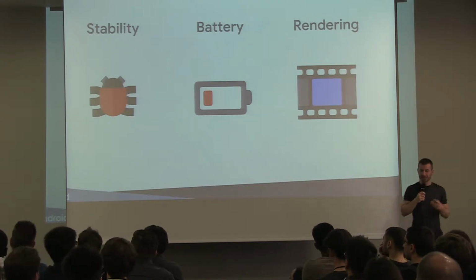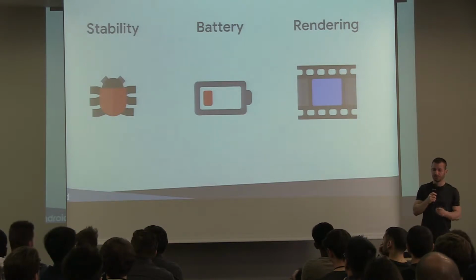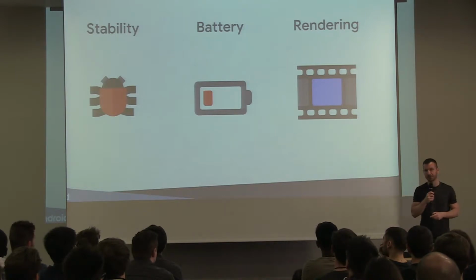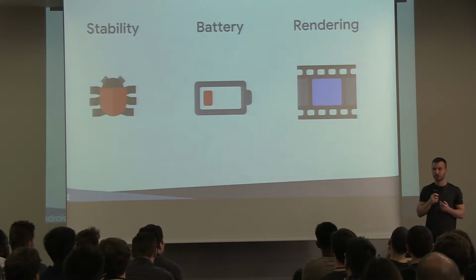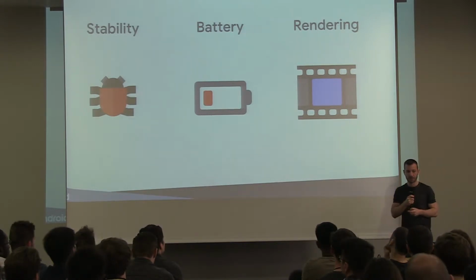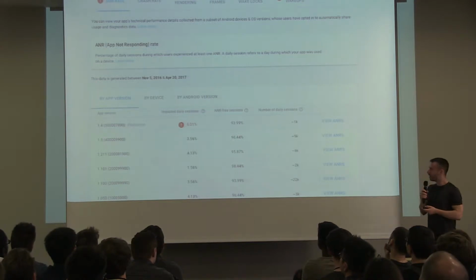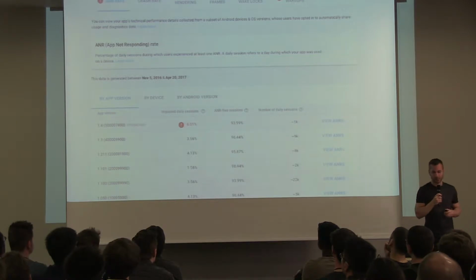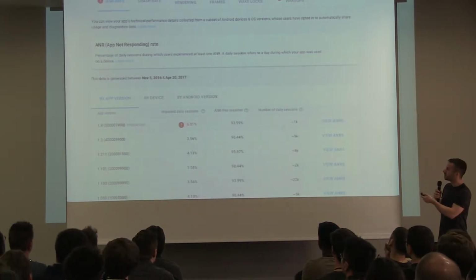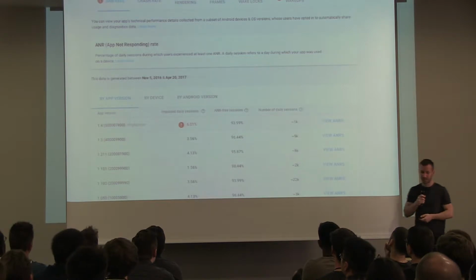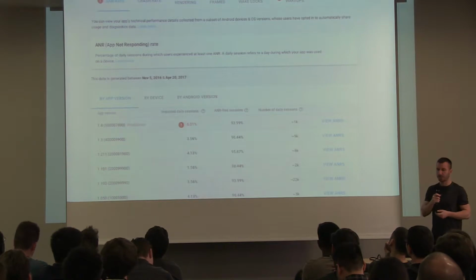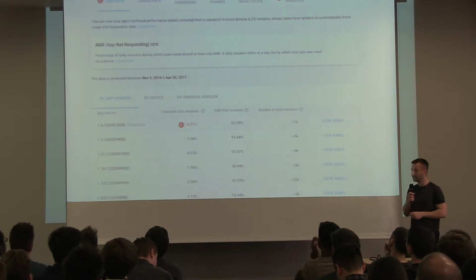Because this is such a huge topic, I'm mostly going to focus on the first two, stability and battery, in this talk. There are so many resources about rendering and debugging your UI out there that I'm just going to literally point you to some tools that you have. This is more or less, like a mock-up, how the Android Vitals section looks. At the top you might see there are these tabs with all the behaviors that I mentioned. So crash rate, ANRs, frozen frames, wakeups. I'm going to go through some of them today.